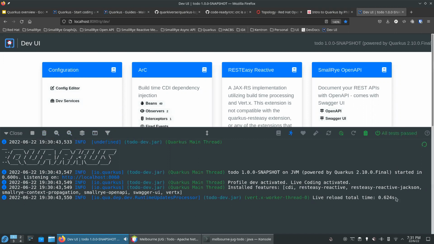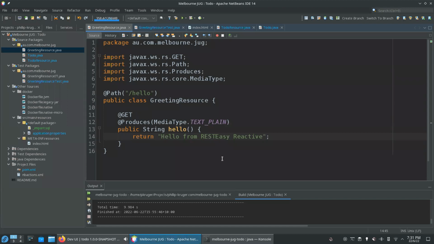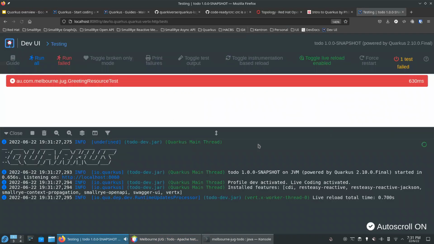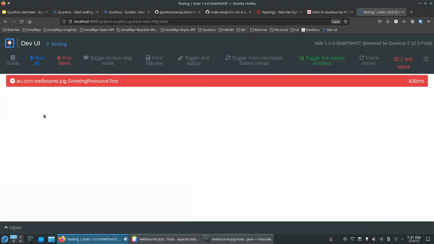So again, if I go and break the code, I'll add that in there and save, and go back here, and then it's broken there, and it shows you there 1 test failed. You can also go into the details of this, so you can click there, and now this will list all your tests. So you can keep this open in one screen, the code, and you'll just see if something goes red, you just broke it. You can also see details of this test. So you can see what exactly broke it